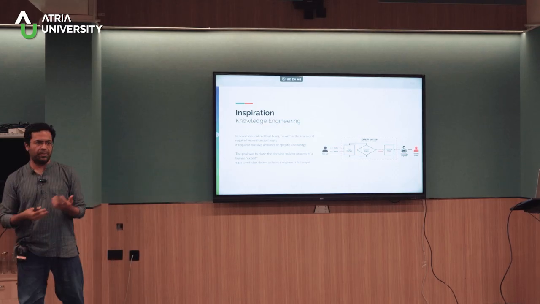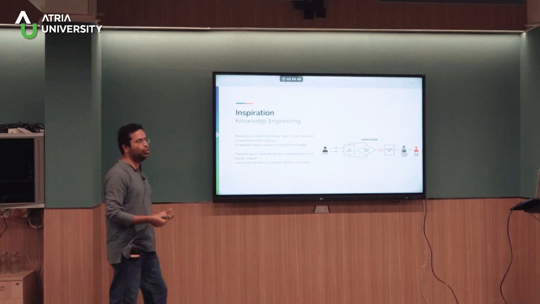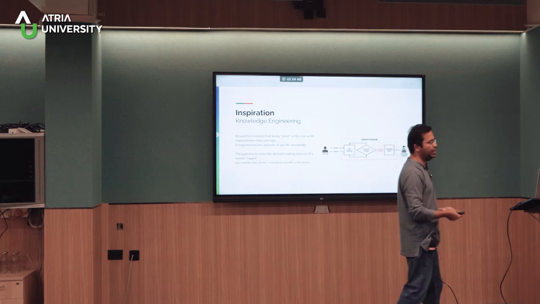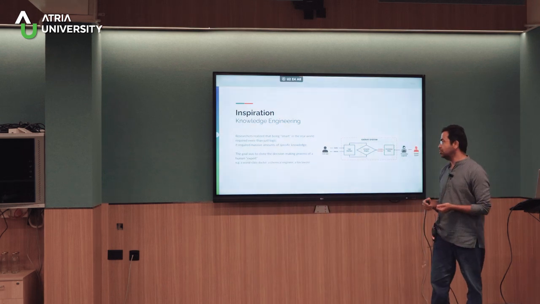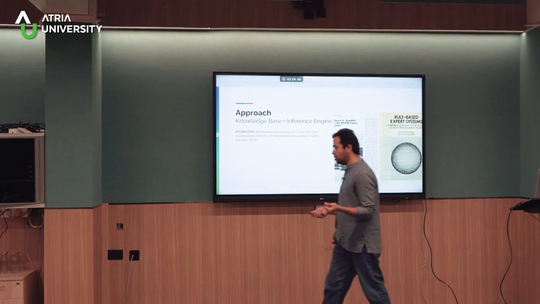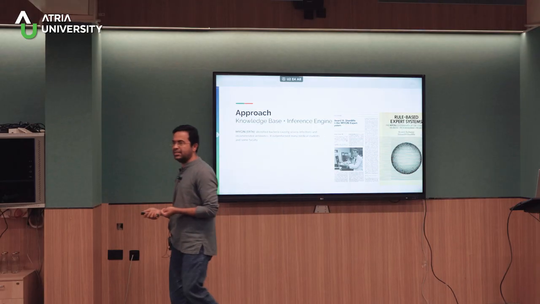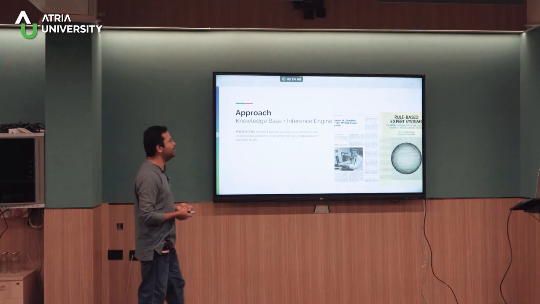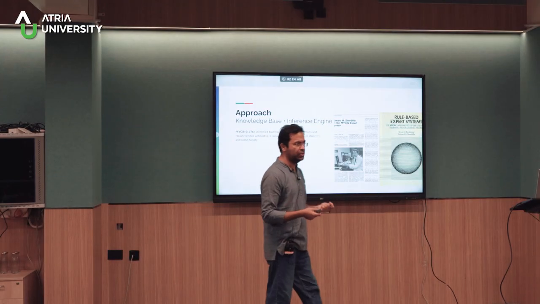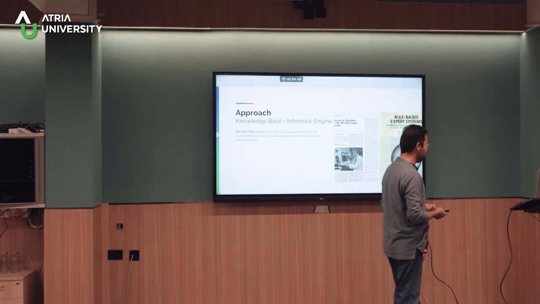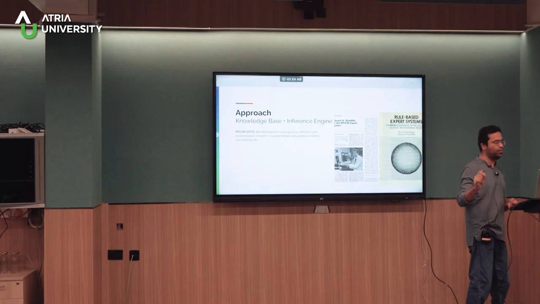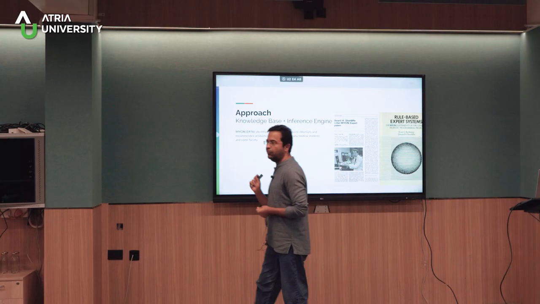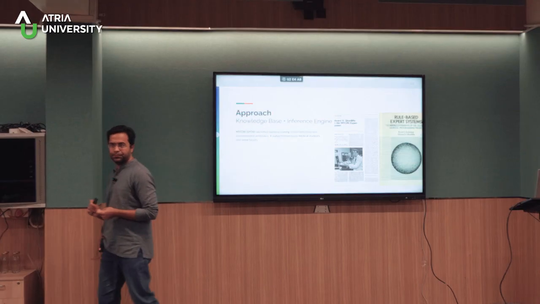So this was the era of specialized AI, where you interviewed a human expert, documented all that knowledge in some sort of a database, and then allowed humans to use it, right? And one of the best examples of this is from 1976. This was a tool called Mycin, which was built at MIT for doctors. So what they did was they picked a very, very narrow problem, of identifying what infection somebody has and what antibiotic to prescribe to them.